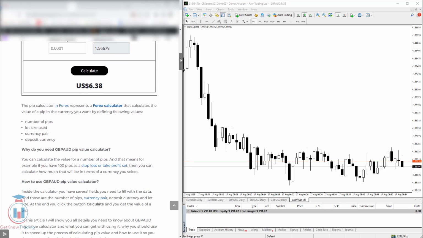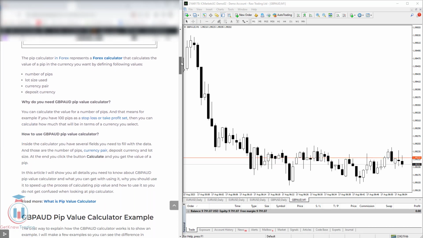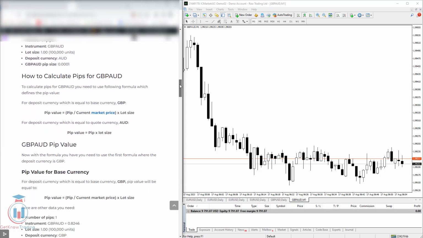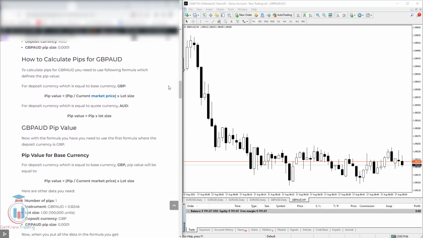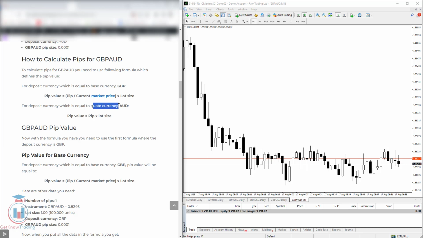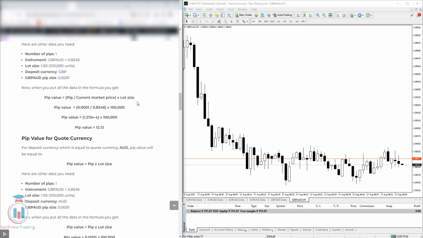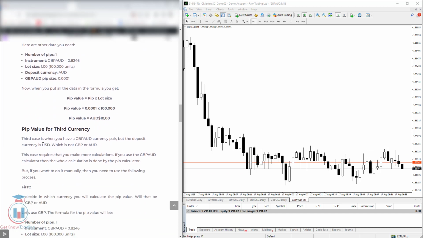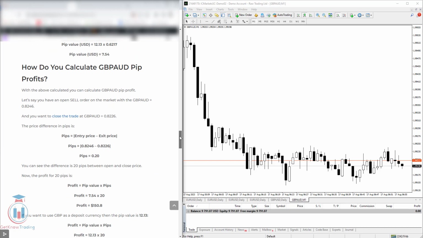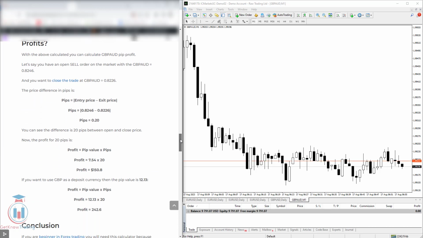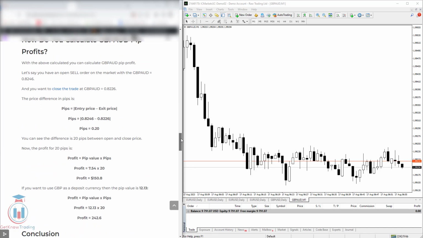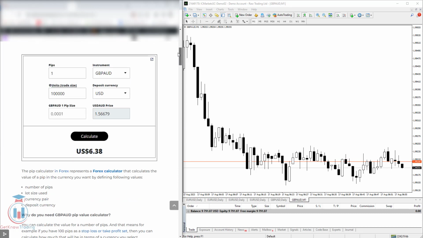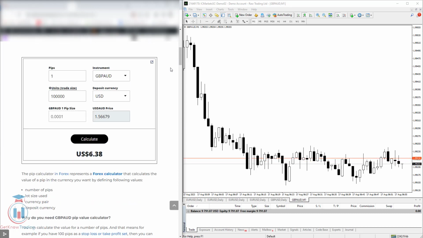The article will show you how the calculations are done, how to calculate manually what one pip value is for the base currency, for the quote currency, or for example a third currency that is not equal to GBP or Australian dollar. So this will be, for example, US dollar. And also below that, at the end, you will have how to calculate pip profits based on the price difference in different currencies. Let me show you what a pip value calculator is, which fields it has, and